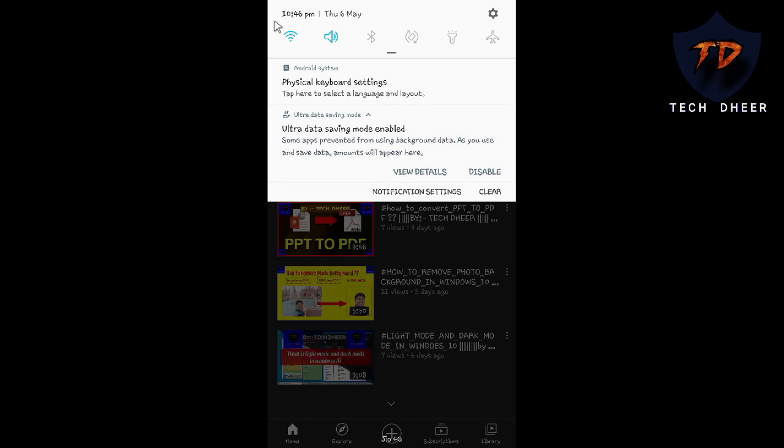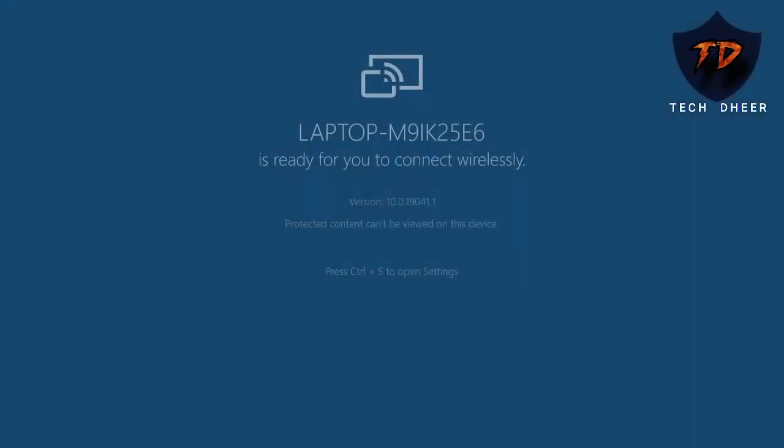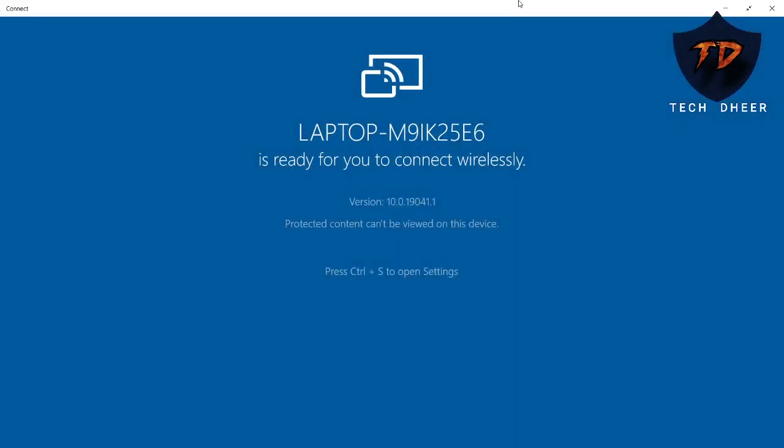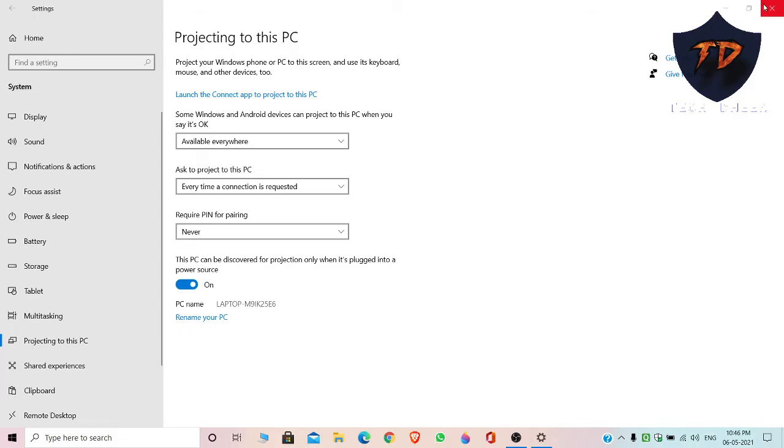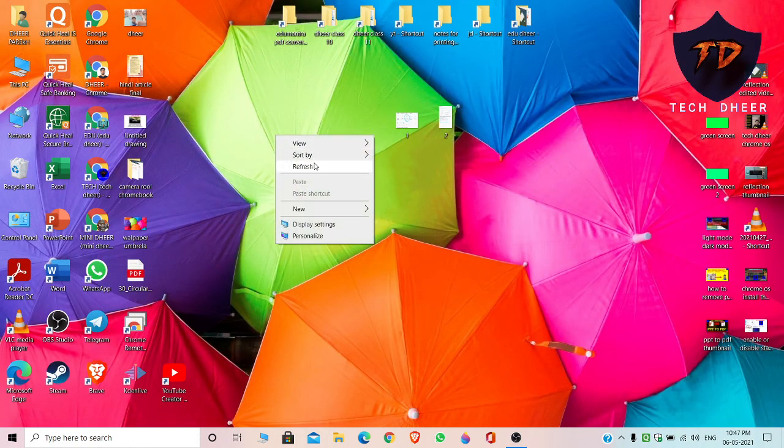I'll just increase this thing just a second. I'll just show you how to close the screen mirroring. Just bring this thing down and you can see wherever your screen mirroring option is, just turn it off and your PC will be disconnected. You can see I'll just close this over here, settings. I always keep it off because I don't use it often, so I'll just turn it off. And this is how you can mirror your screen.